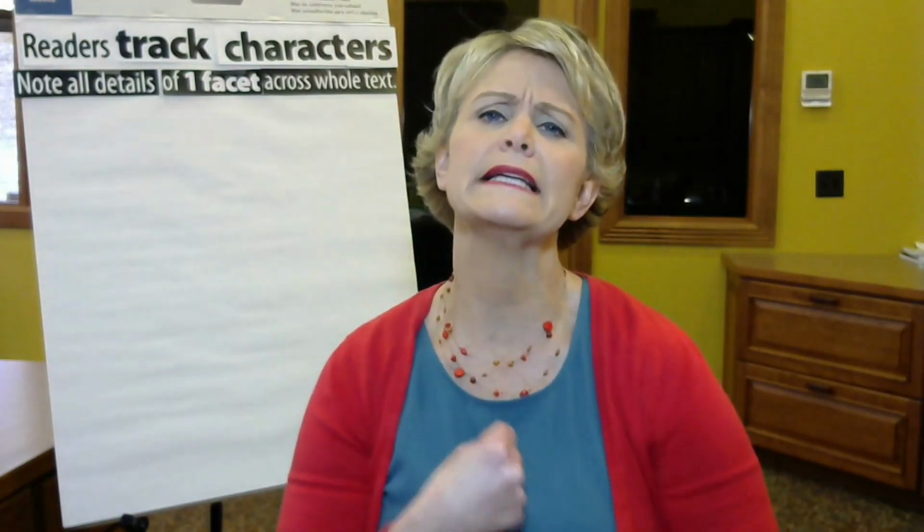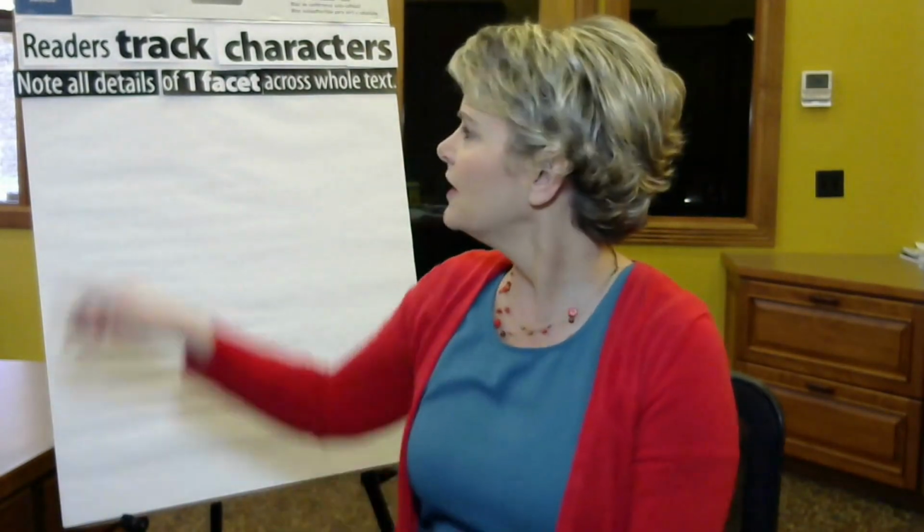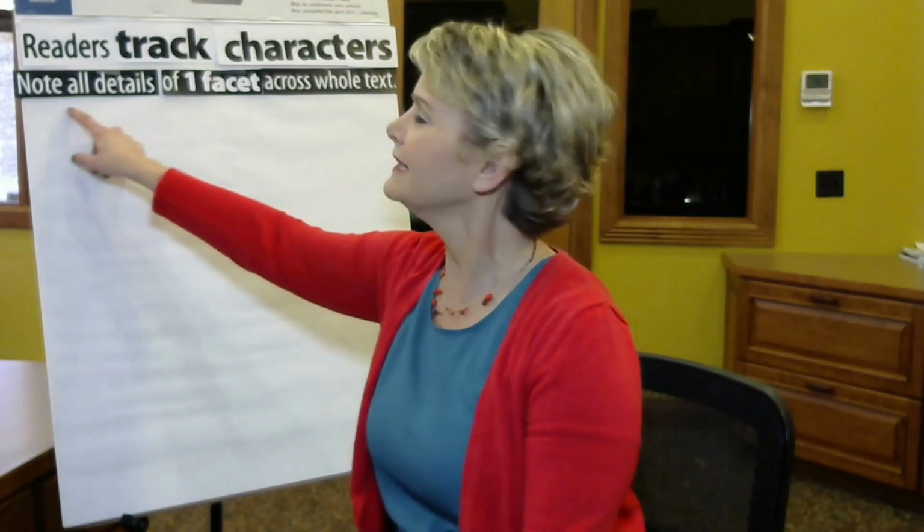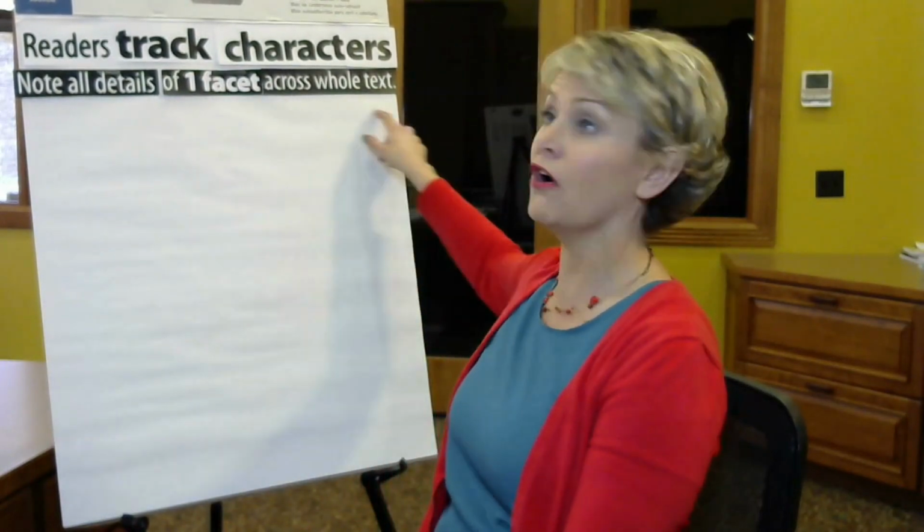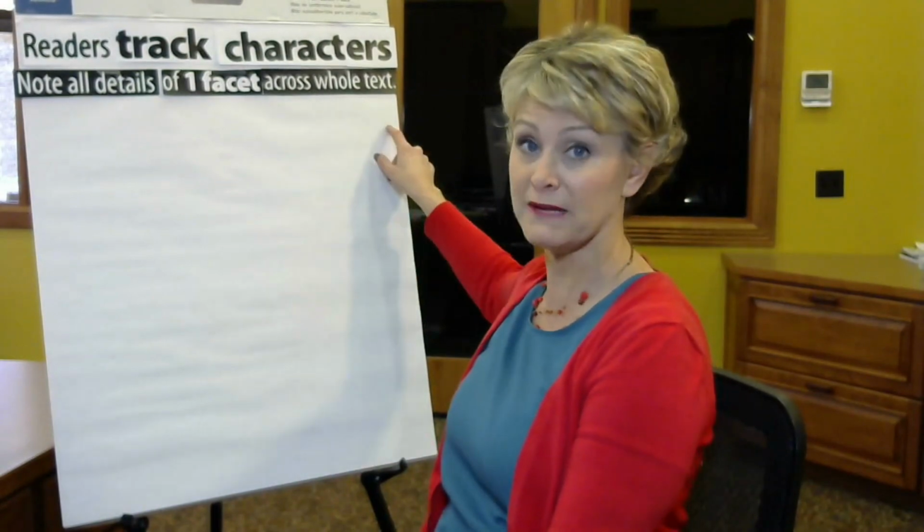Okay, and here's something else to know. When a standardized test question asks you to describe this character, they are so not talking about what he looks like. They don't mean what he looks like on the outside. They mean, who is this character on the inside? And you don't really know that from a couple sentences at the beginning of the story. No, authors sprinkle lots of details across the whole text. That's the idea of developing a character, and the reader has to pick up on it.